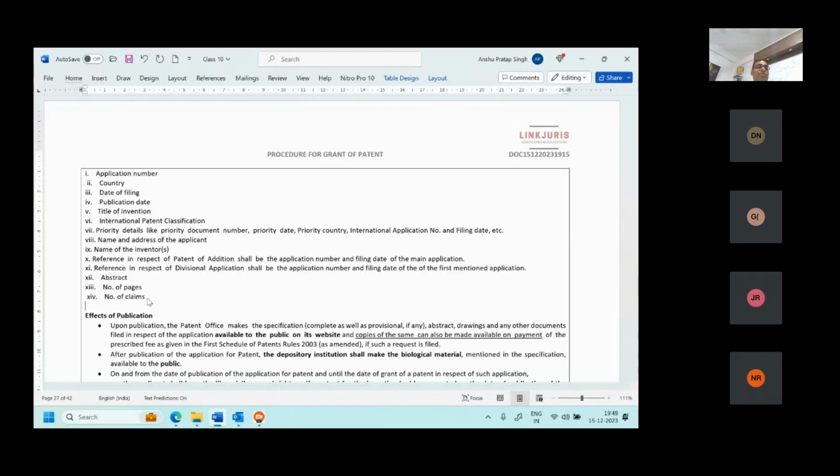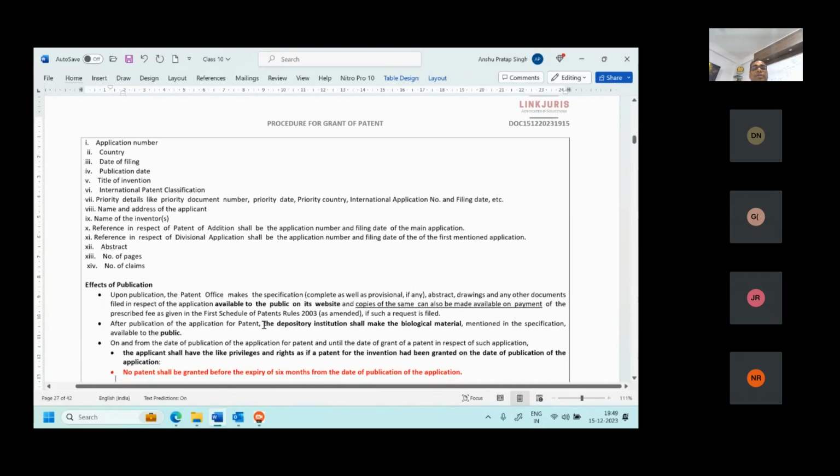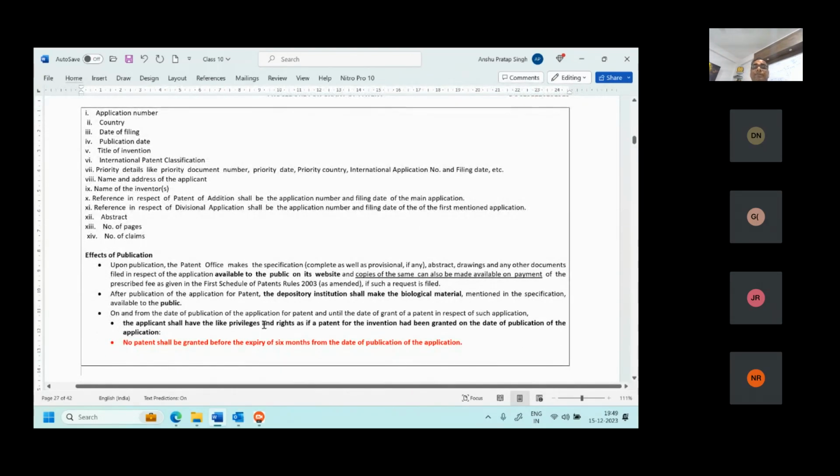Once a patent application has been published, what is the effect? Once published, the specification, abstract, drawing, and any document filed in respect of the application are available to the public on its website, and copies can also be made available on payment of the prescribed fee, as given in the first video.